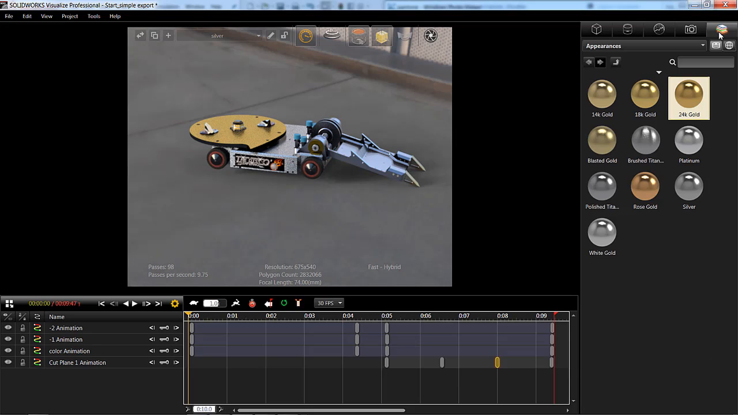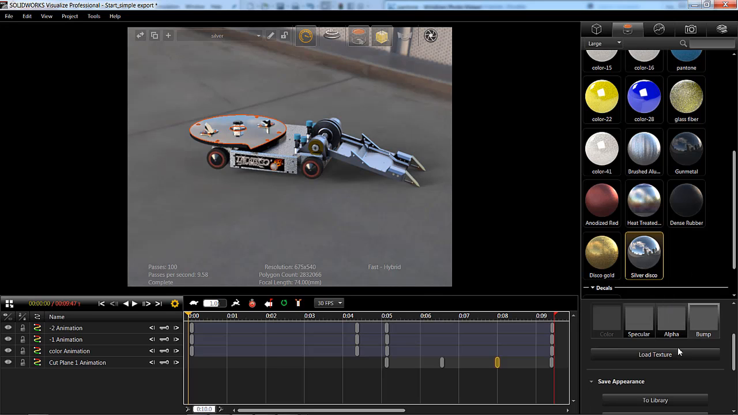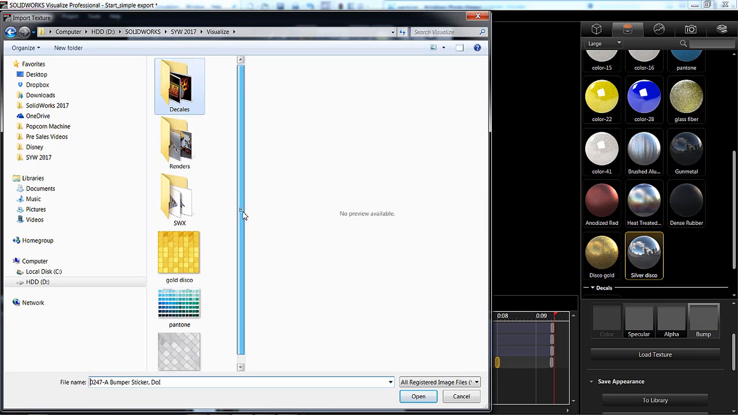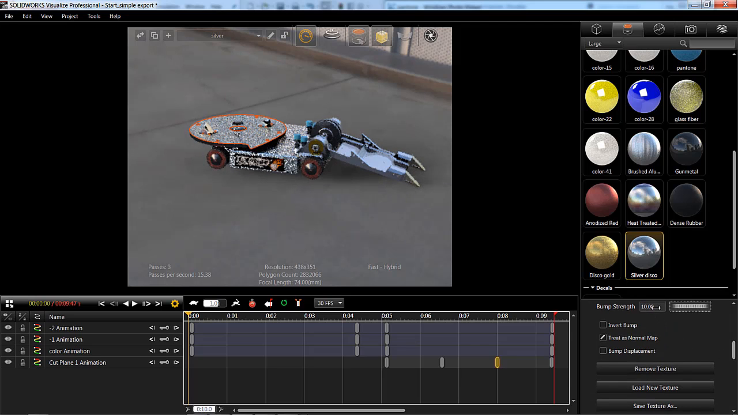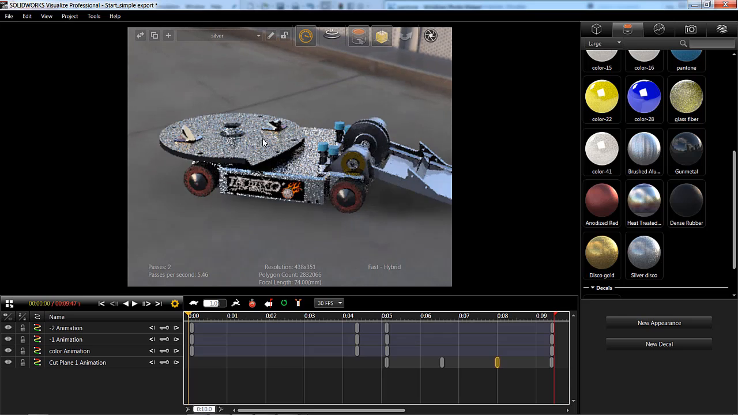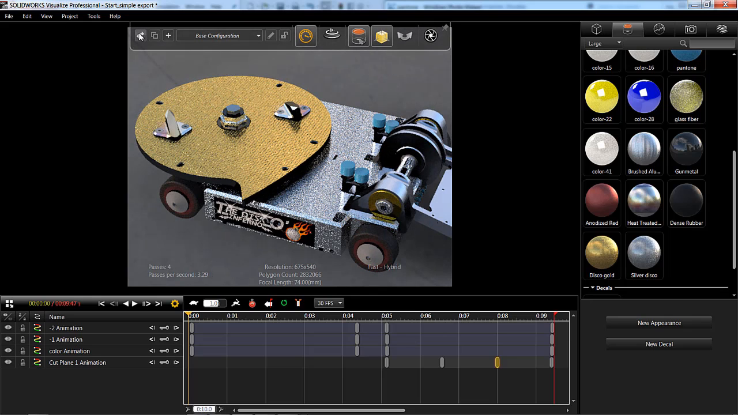So in our silver configuration, let's apply a silver material to the top portion of our spinning disc. Let's go find silver now in our Appearance tab, and we're going to rename this Silver Disco. Next, let's load a texture, and this time we'll look for the Silver Disco texture. We'll change its tile from 1 to 10, and the bump strength from 1 to 10. And now we have a new type of disco wheel. We can toggle back to our original configuration at any time, and even publish these all at the